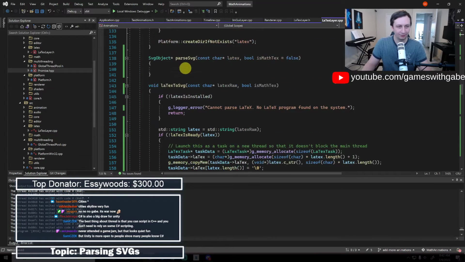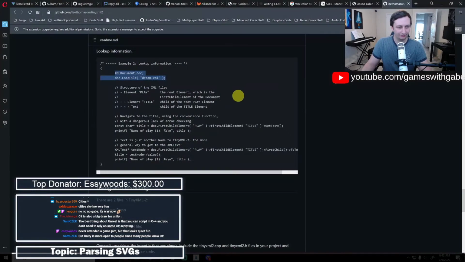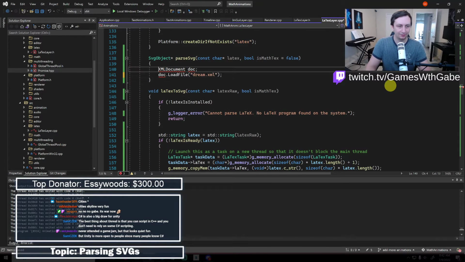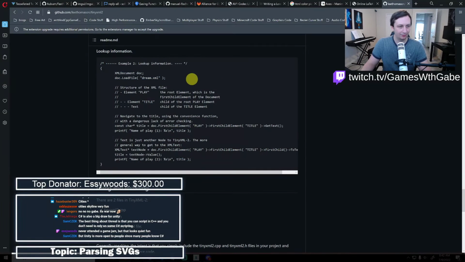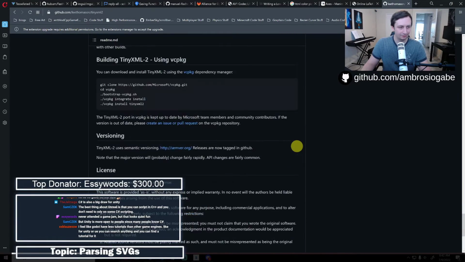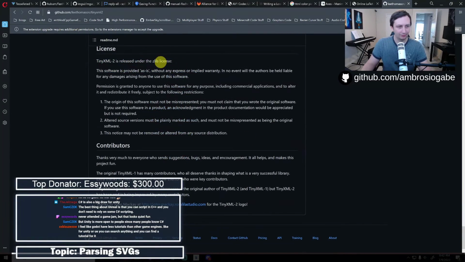Okay, so we do that, and then do I have this copied? I do not. We'll do that, and we're going to take a look at what we get generated. Do we have to be using some namespace or something? Doesn't look like it. We're not using any namespace. Wait, this is probably good too. It's under the zlib license. Is the zlib just like MIT in any way? Okay, so permissions granted to alter and redistribute it, subject to the origin of the software not being misrepresented. Okay, and attribution. This notice may not be, okay. I don't see attribution, but I'm assuming attribution is there too.